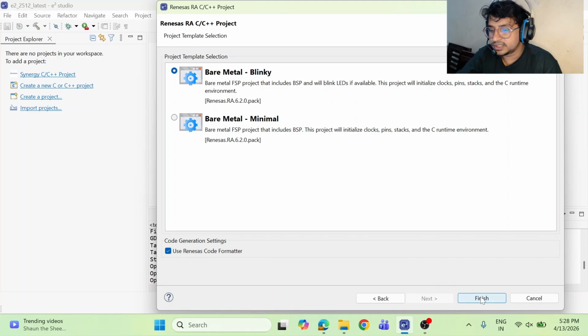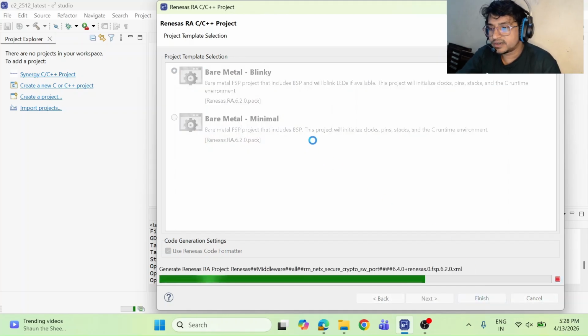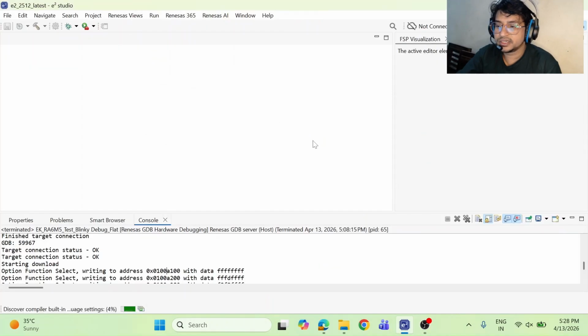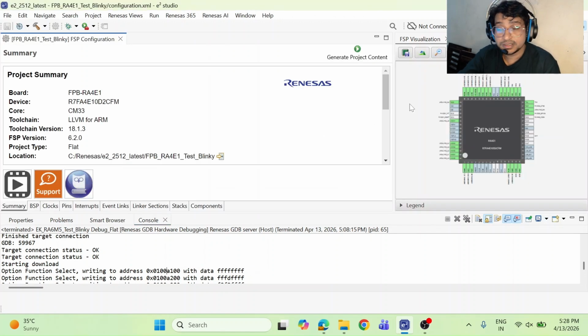After that you need to finish. While finishing Blinky, it will take a few seconds, and after that you will find the full project configured, with the full code generated by E2 Studio itself without writing a single line of code.